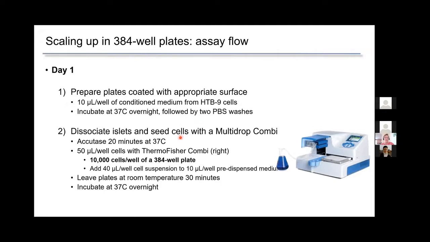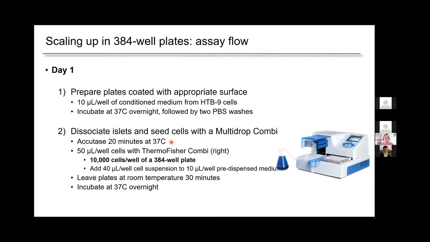The next day, presumably, we would receive our islet shipment, and we're going to seed those cells using a Combi, which is from Thermo Fisher. It's an automated liquid dispenser into plates. I wouldn't really call it that automated. It's sort of semi-automated. And in terms of lab equipment, it's not the most expensive thing in the world. So you might consider, if you don't have something like this, it's pretty obtainable. So when we get the islets, we wash them, and then we use Accutase to dissociate them,